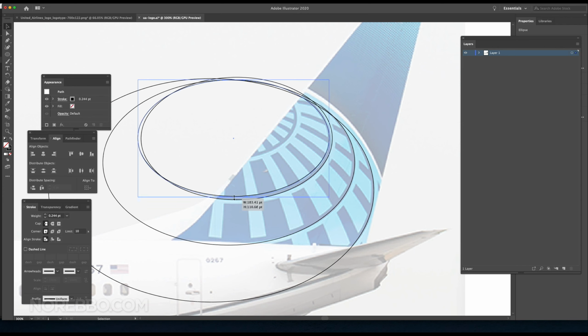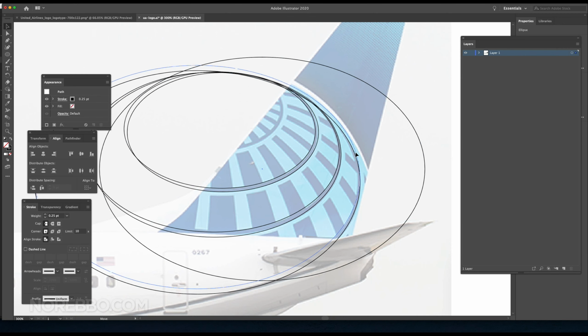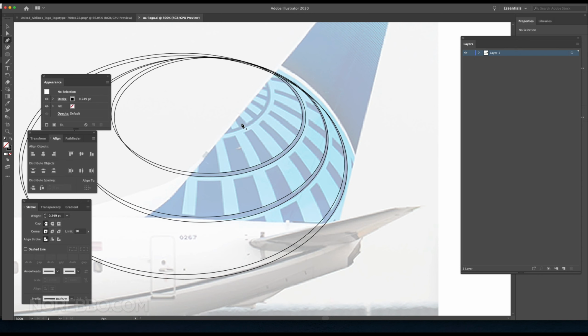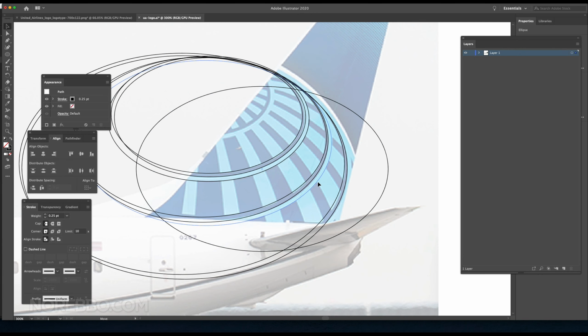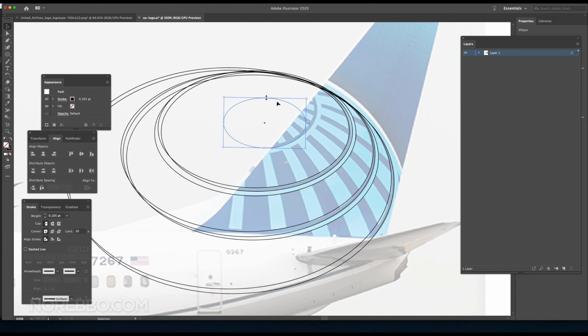Anyway, what I'm doing now, I've taken a photo that I found on airliners.net, just any photo that I could find that was fairly high resolution and a fairly straight side-on profile. And I am in Adobe Illustrator right now, just trying to block out all of the main elements of this